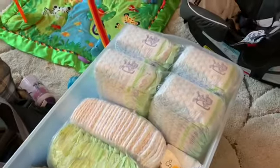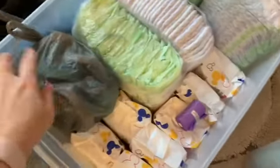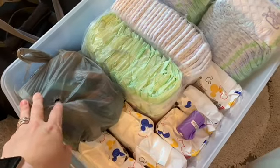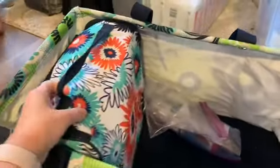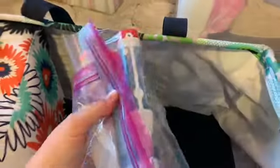Then this other tote is really just diapers and wipes, and then our shower shoes for the RV parks. This is the 31 tote that I'm using as my overnight. So this is my toiletry bag, and it has kids' toiletries in it, and then toothbrush and toothpaste are in there too. But then I could just...